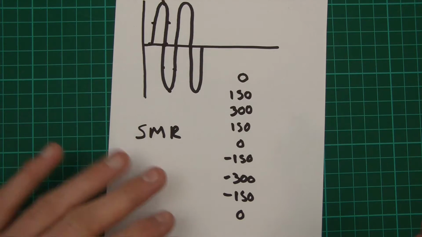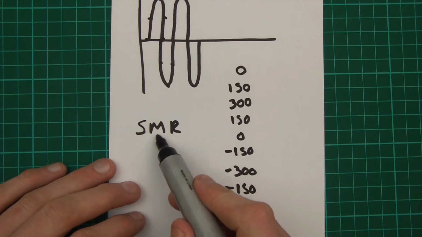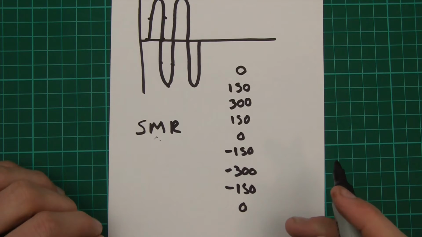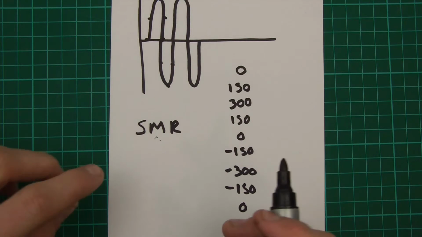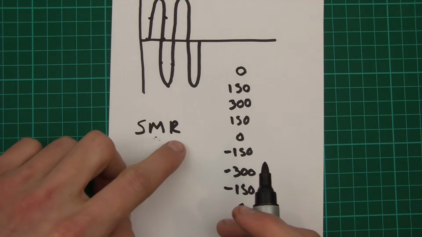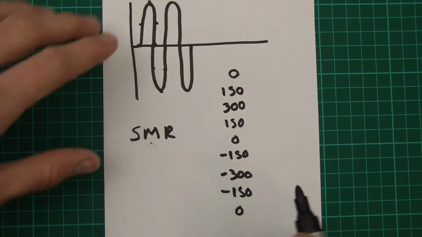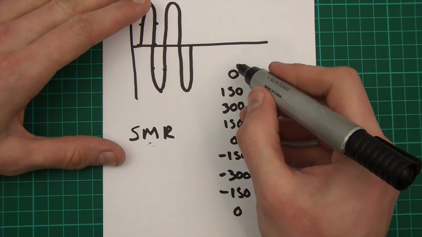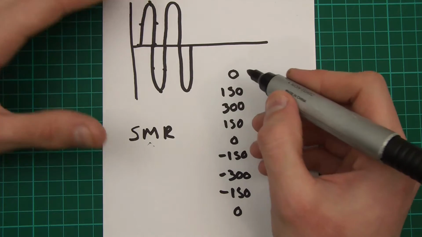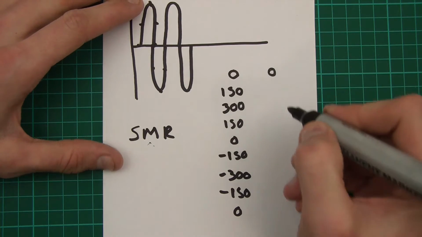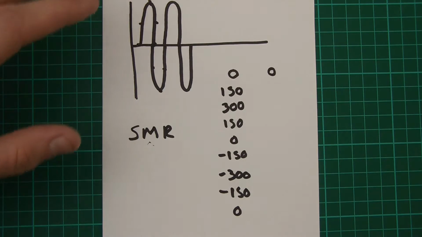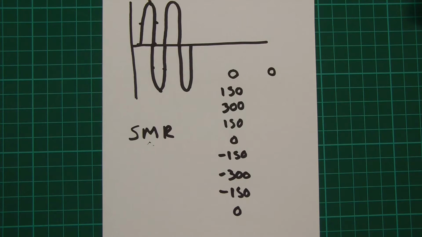We've already tried the mean before, but we're not going to do that this time. We're going to do square mean root. So we're going to do square. What is 0 squared? Well, 0 multiplied by 0 is 0. Okay, what's 150 multiplied by 150? Well, I'll just get my calculator up. But 150 multiplied by 150 is,